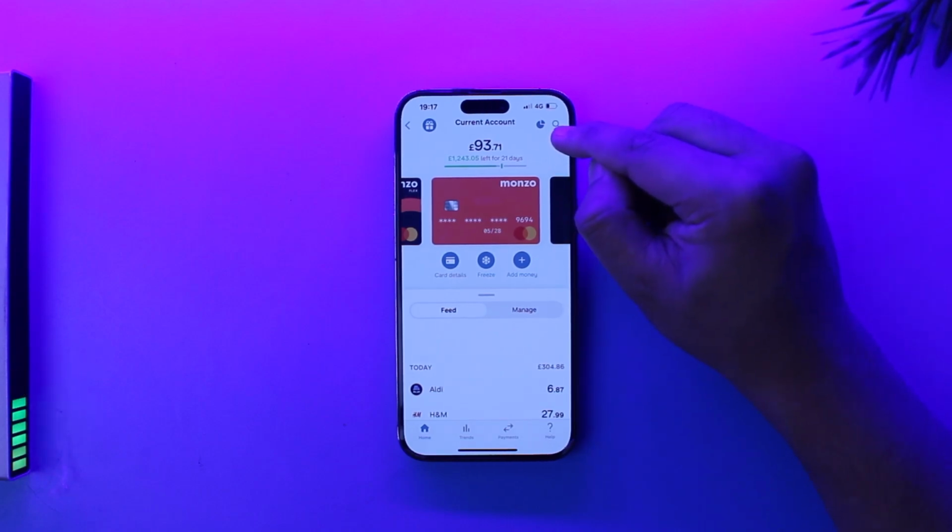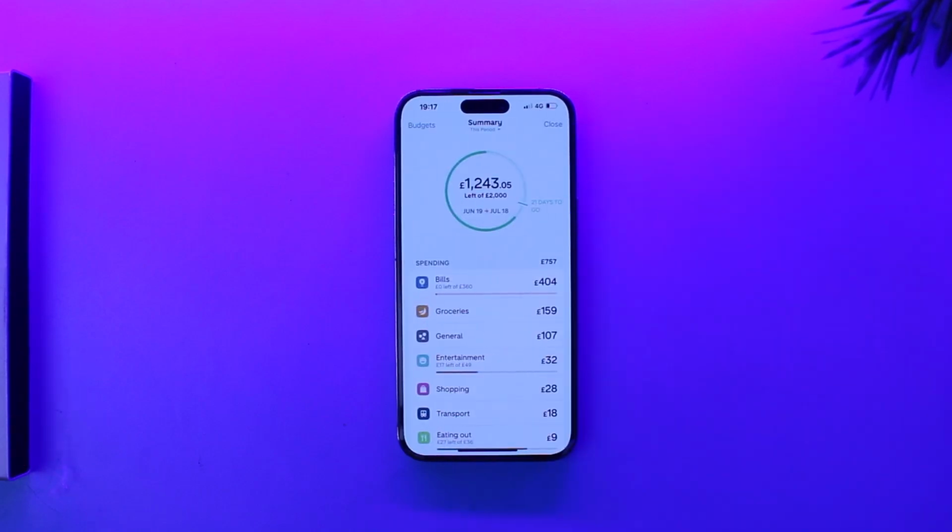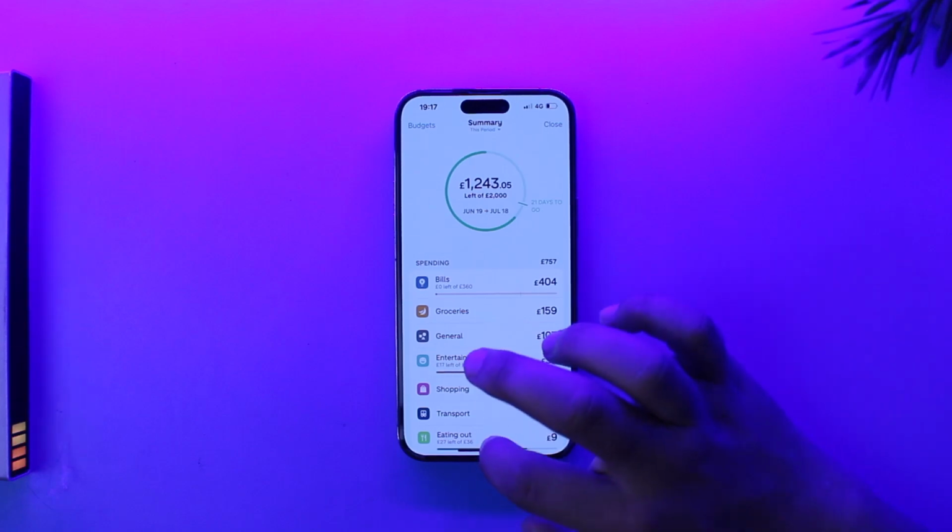You just have to tap on that particular icon, and once you've done that, you will be able to see a full summary of your transactions, as to how much you left, from which date starting to which date, and you'll be able to find all those details. This way you should be able to find and view your stats or analytics